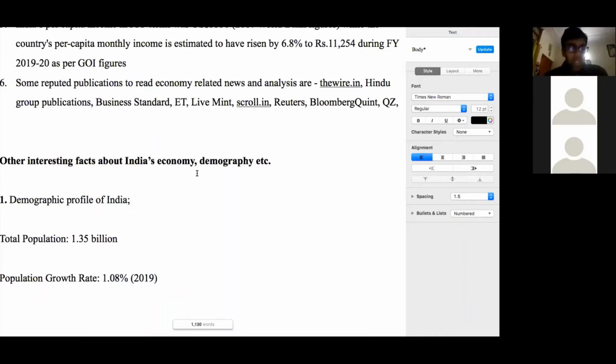One person is asking whether WAT topics can be based on analyzing economies based on these aspects like PPP. No. I am absolutely sure that the topics on WAT are going to be based on general facts and general knowledge. It is up to you if you can mention such analysis in terms of PPP, or in terms of investment-led economy or consumption-led economy, or in terms of median incomes, or per capita incomes. If you can mention such facts and figures, great, and you can logically connect them. But they are not going to ask you to compare the economic growth or the economic model of two different countries based on PPP. They are never going to ask you that. Don't worry about it.